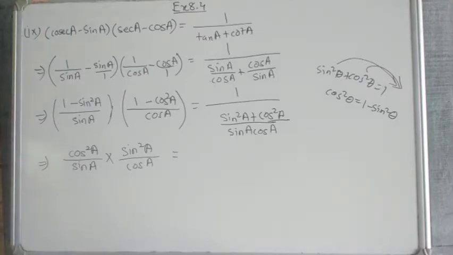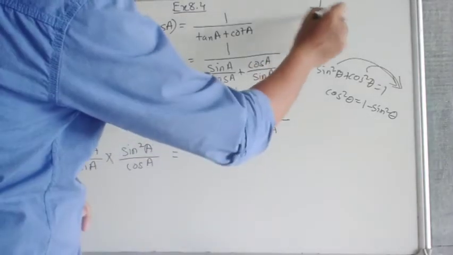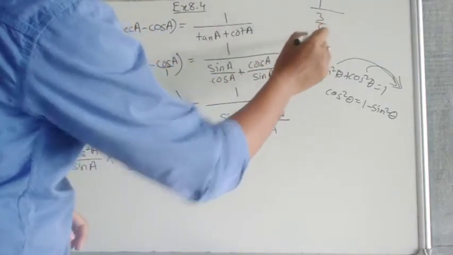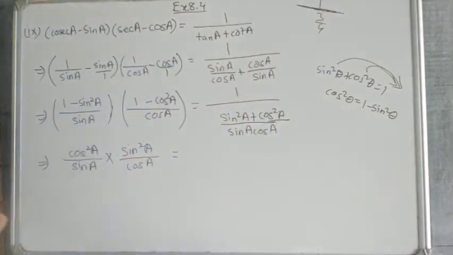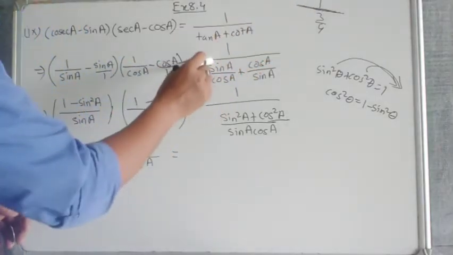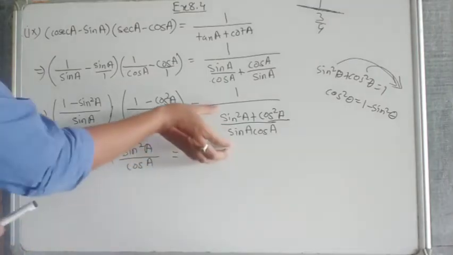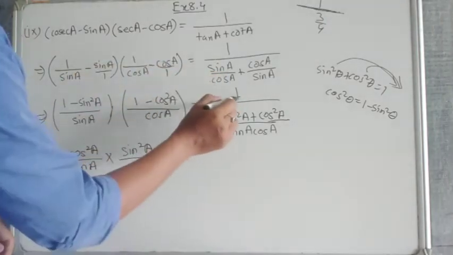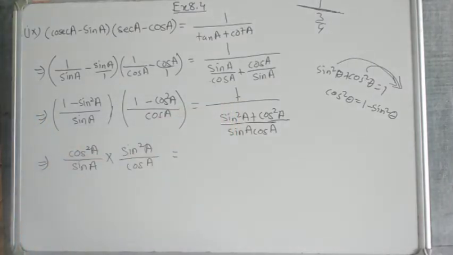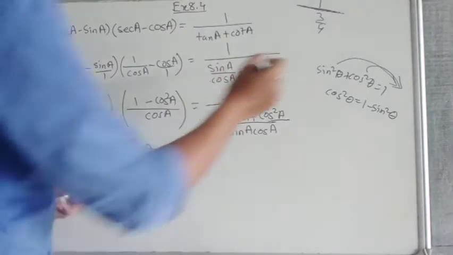Till here is okay. Now, suppose it is like 1 by 3 by 4. The main by is this one. You have to be clear which one is your main by. This is the down part, and the upper part is just 1, or you can say there is 1 by 1. If there is nothing there, there is 1.